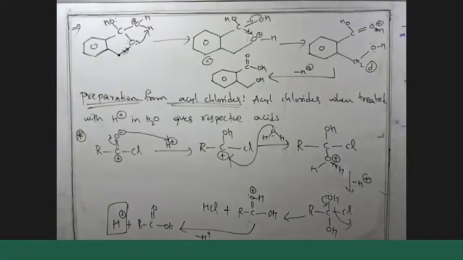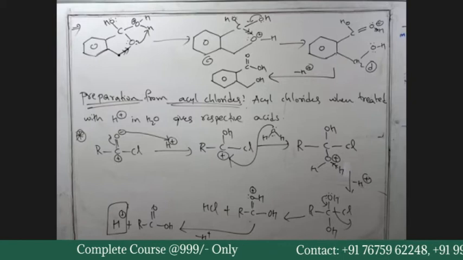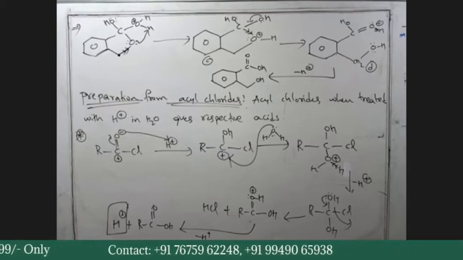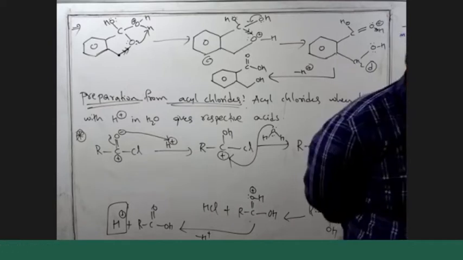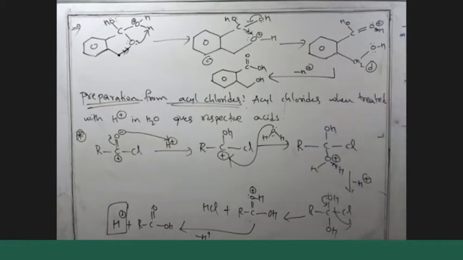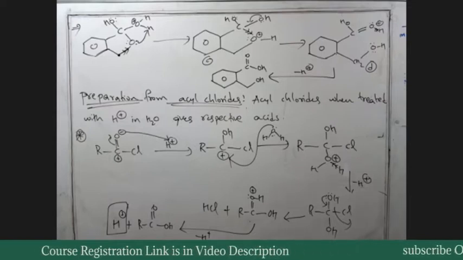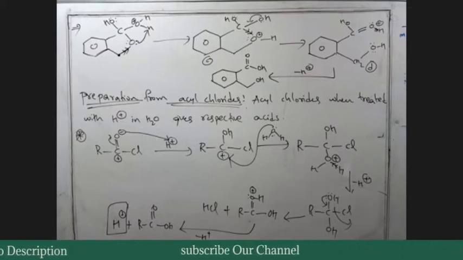So normally you can now expect, what if we treat acyl chloride with base, OH minus? Acidic hydrolysis is giving acid. So what would basic hydrolysis give? I think you have seen two or three examples. In the cyanates also you have seen acidic and basic hydrolysis. In the esters also you have seen acidic and basic hydrolysis. So what are the expected products?